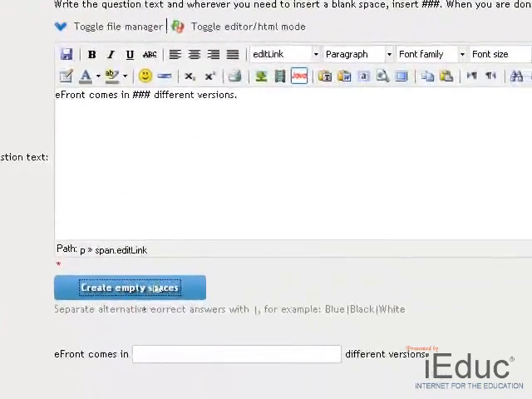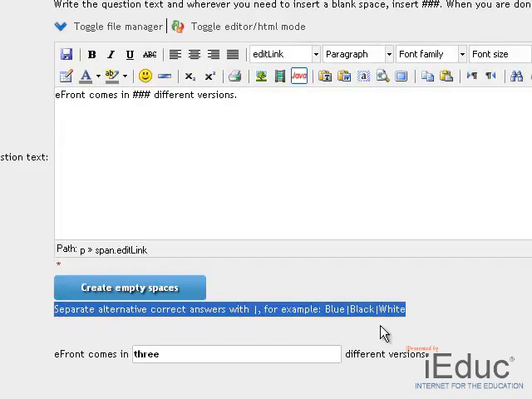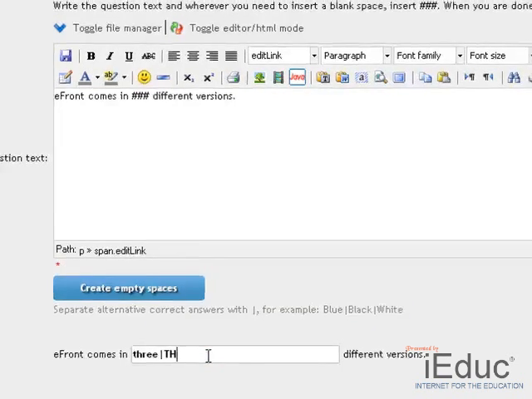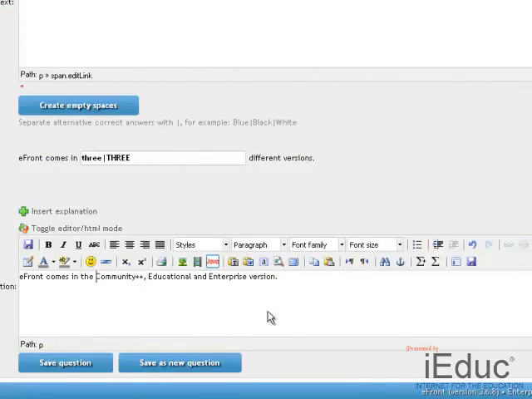We create our empty spaces by clicking on this option, and then we can insert the correct answers. We can have multiple correct answers, which we separate using this symbol. We can also insert an explanation,